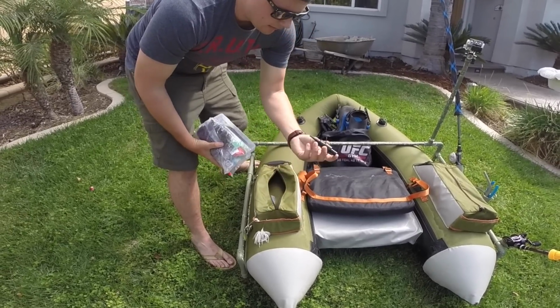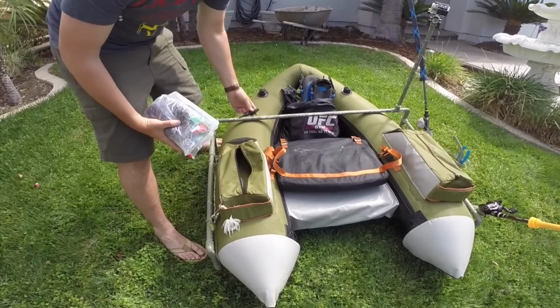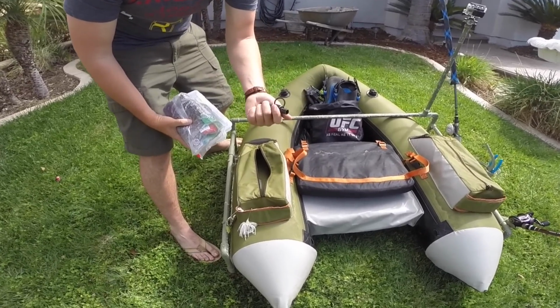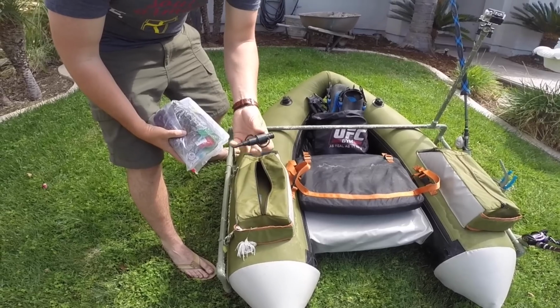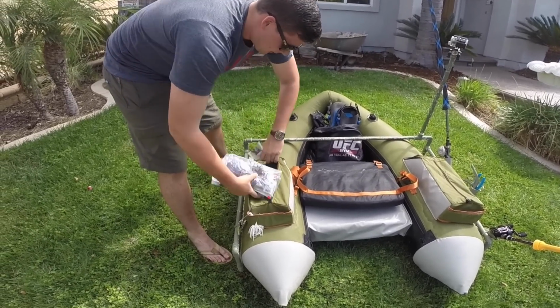The only other thing I keep in here is a valve, and this is designed for this float tube. What it does is it goes inside these valve ports and allows you to breathe a little easier. I keep this in here just in case you lose air in your float tube and you need to fill it back up while in the water. The only other thing I keep in this pocket